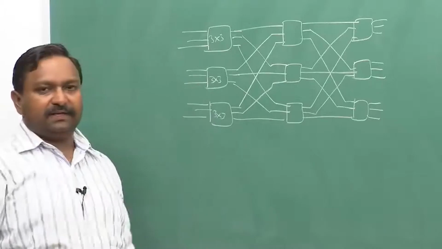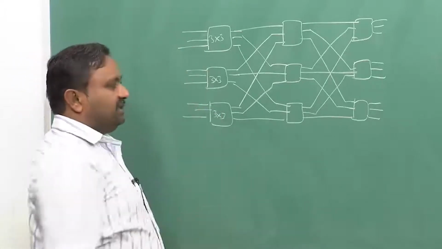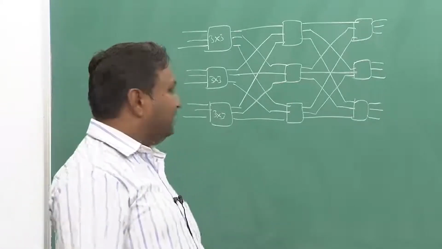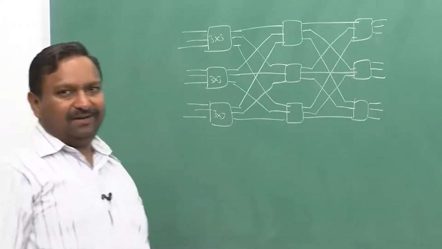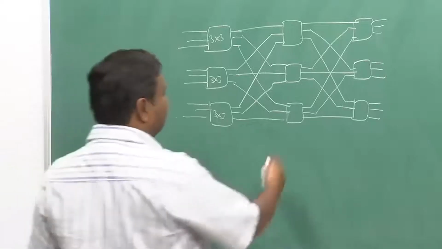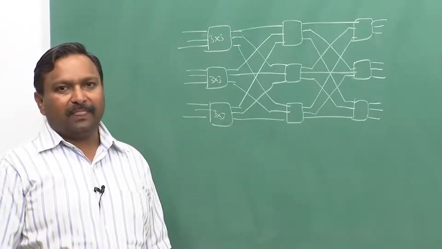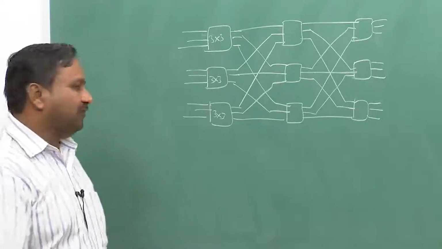So it is a 3 by 3 multiple 3 stage switch, so 9 by 9 basically Clos. Now let us see when the blocking will happen, and I will keep on increasing this, and ultimately every time I will show you that there is a blocking, and when this condition of 2 into 3